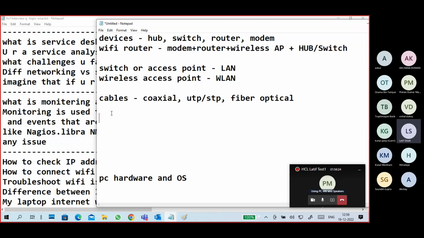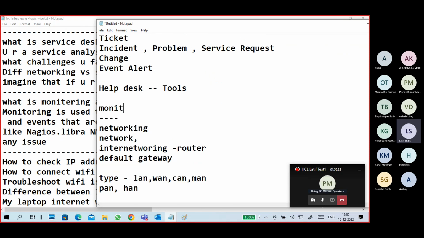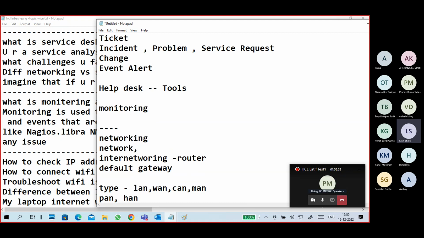Of course, this is a question. What is monitoring? It means infrastructure management. Monitoring is important.